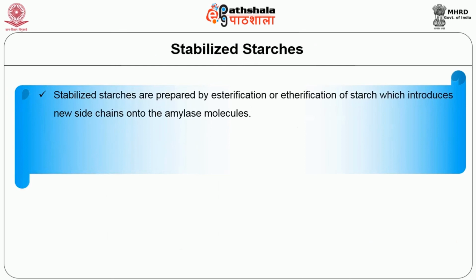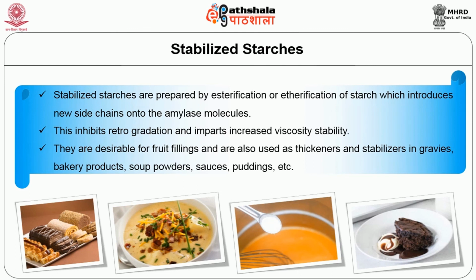Next we will see about stabilized starches. Stabilized starches are prepared by esterification or etherification of starch, which introduces new side chains onto the amylose molecule. This inhibits retrogradation and imparts increased viscosity and stability. They are desirable for fruit fillings and are also used as thickeners and stabilizers in gravies, bakery products, soup powders,